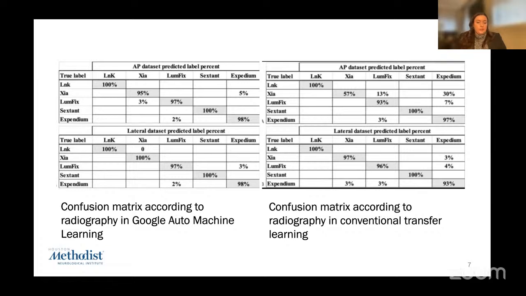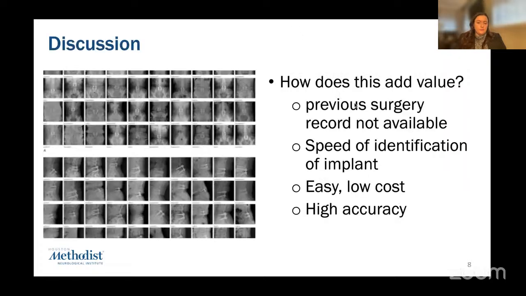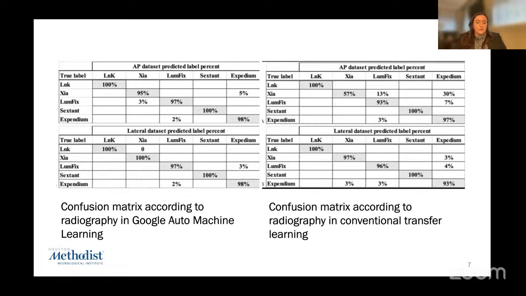And if you look at the areas that are highlighted, we're dealing with 100%, 95, 97. So it's really doing an excellent job at identifying the pedicle screw. The one on the right is comparing just the conventional transfer learning model that they created. And I think the only one that they didn't do quite as good of a job at, which you can see, is Zia. And the one on the left is the Google AutoML machine learning model. The Apple one, they didn't have that available.